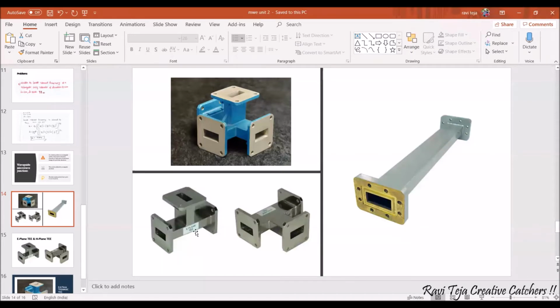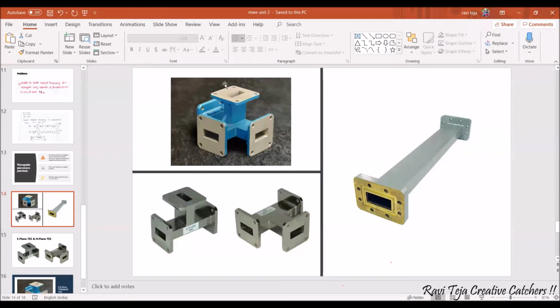I will let you know. So these are 3-port junctions. If you see this first microwave junction, it has got 3 inlets as well as outlets. Each port can be considered as inlet as well as outlet. This is 1, this is 2, and this is 3. For this one also, this is 1, this is 2, and this is 3. These 2 microwave junctions are nothing but 3-port microwave junctions. Each microwave junction has got its own name. I will tell what that particular name is.